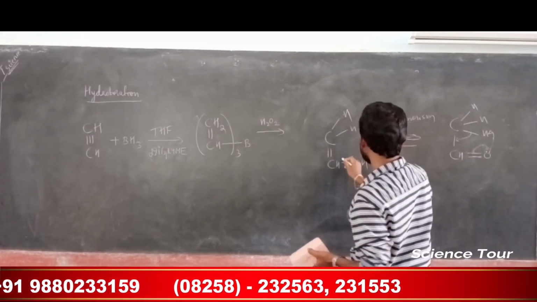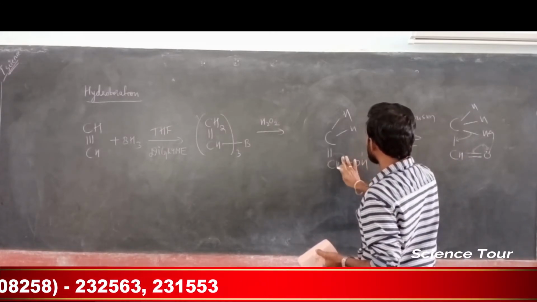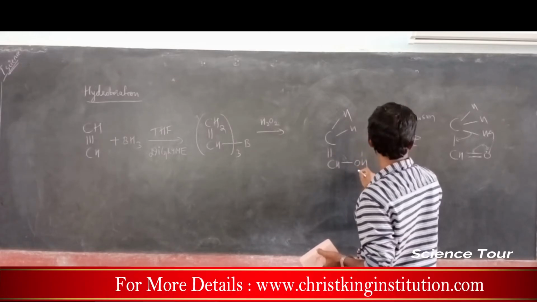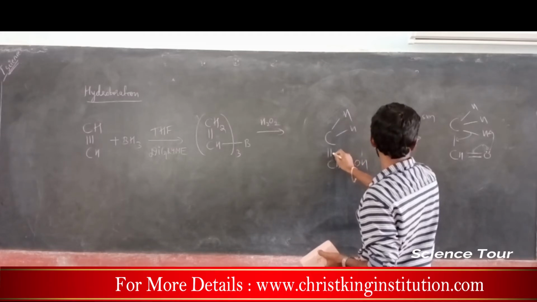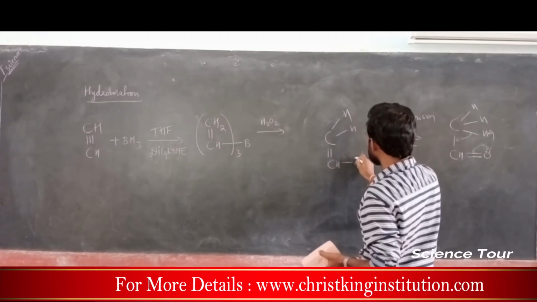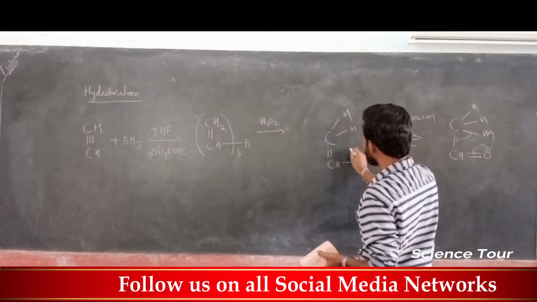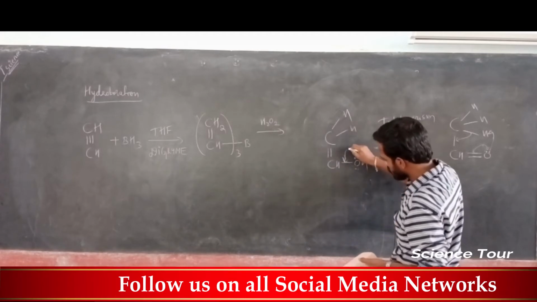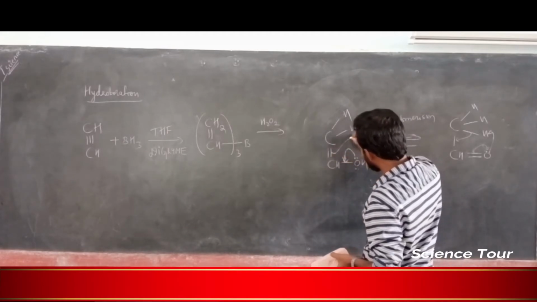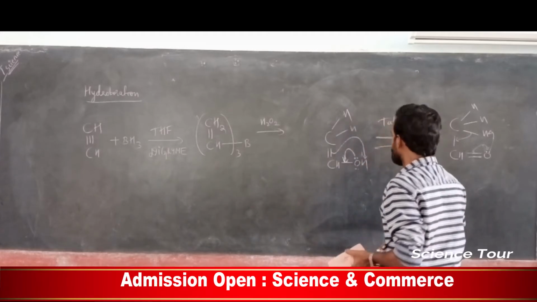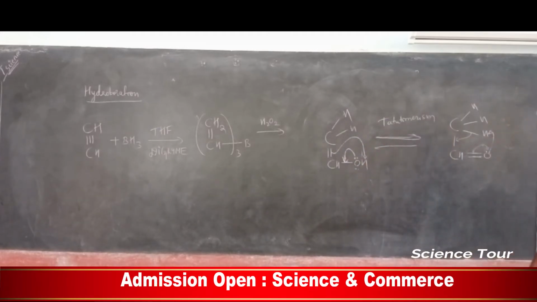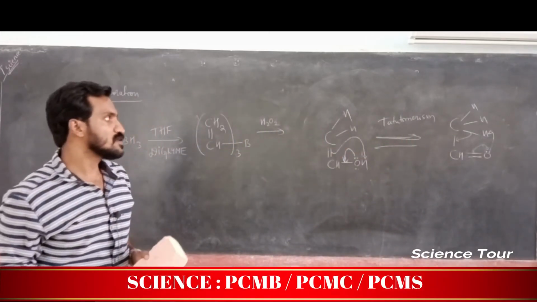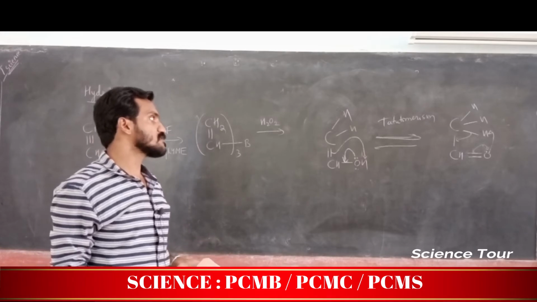So if this bond comes here, sorry, not like that. So this bond can come here, means it is possible like this. So if this oxygen contains electrons, it will move towards this side. Look at this. This electron moves here, and this bond comes and attacks this particular hydrogen, and it forms like this. So keto and enol, two forms are possible, ketone form, enol form. So this is possible. So it is called tautomerism, changing.